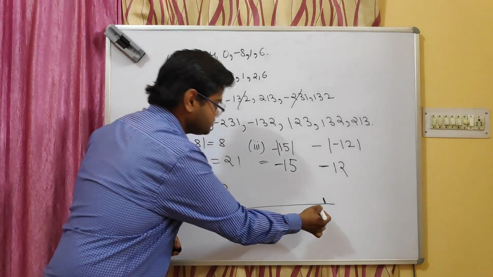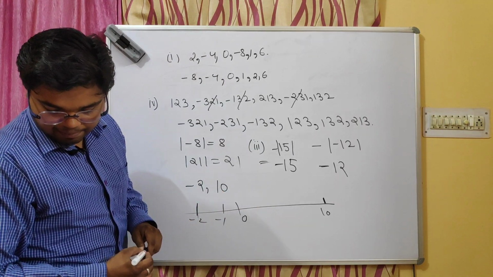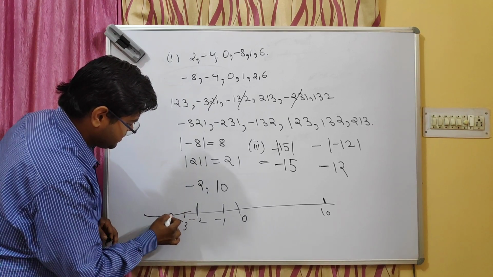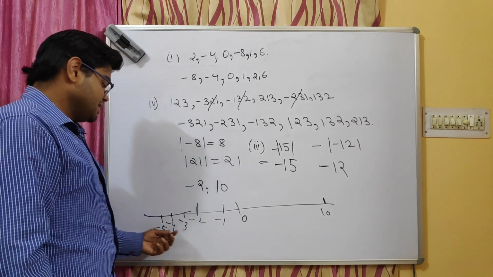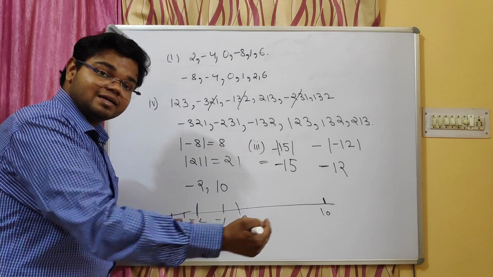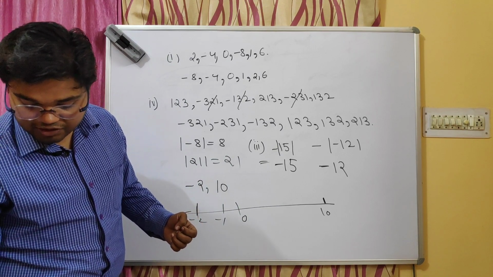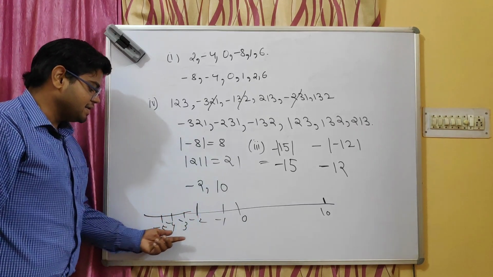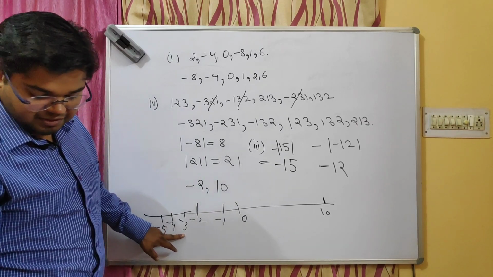So -2 is to the left. But if we look at the example B, -3 and -5, the first integer is not on the left. So -5 has -3 on its right. So which of the following pairs of integers has the first integer not on the left of the second? The answer is -3 and -5, children. The first integer is -3, the second integer is -5.